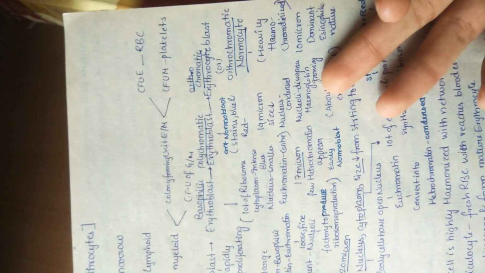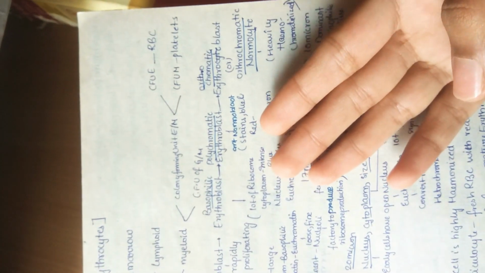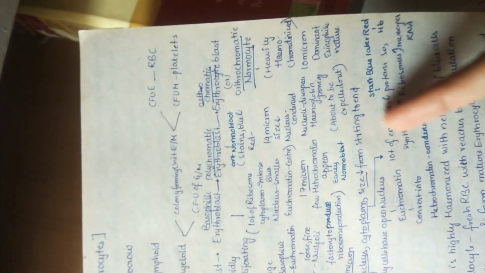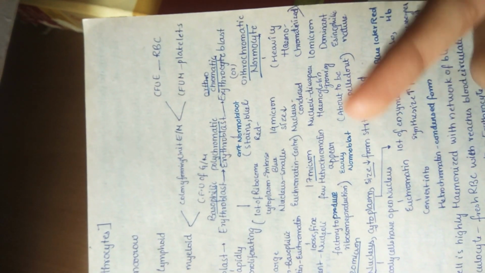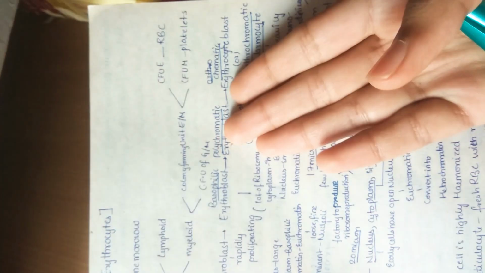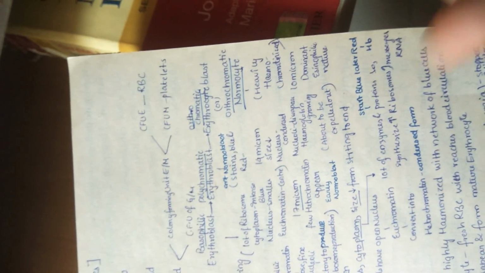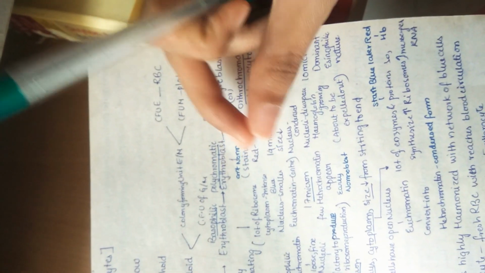As the hemoglobin is growing, as I said, this polychromatic cell has some light, some blue color, some red color. That red color is mainly due to growing hemoglobin, and that blue color is mainly due to the basophilic crystals in the cytoplasm, which continue even here. So this is about to be expelled out. Now you can see this is hemoglobin. Now the hemoglobin and the cell is going to be expelled out.